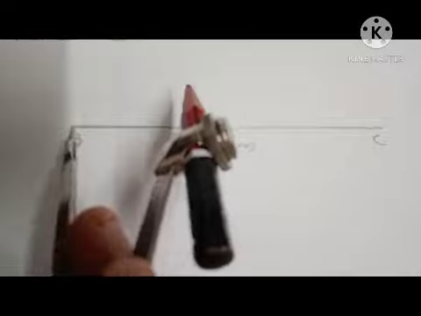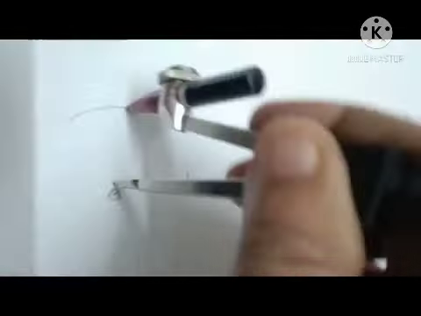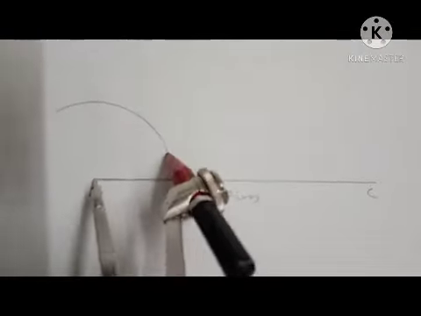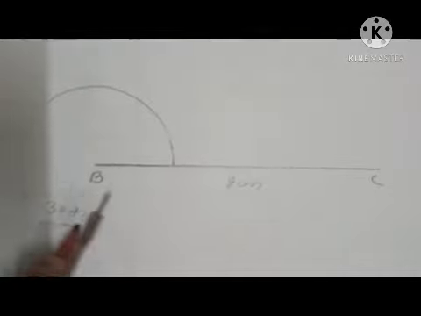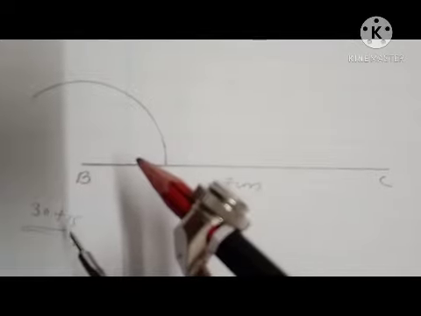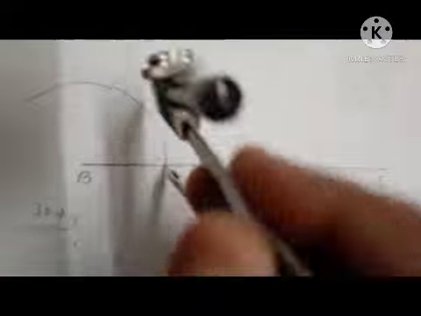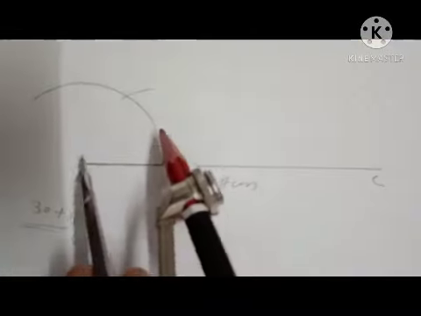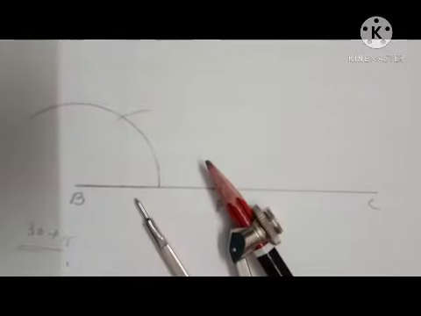Draw the base first BC 8 cm. Then we have to take angle B 45 degree by using protractor. For that first we have to draw a 60 degree angle. Okay, 60 degree angle. Okay, what is 45 degree? 30 plus 15, right? 30 plus 15. So anyway, many methods are there for doing 45 degree. Here I use this method. For that we have to draw a 60 degree angle. How much measure we took here? Same measure we use here also. Okay. Now